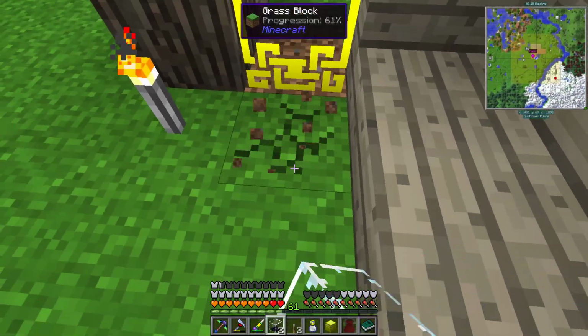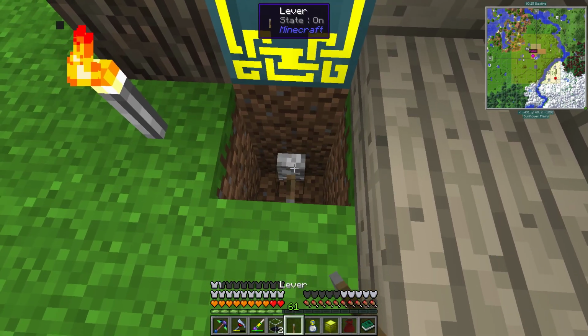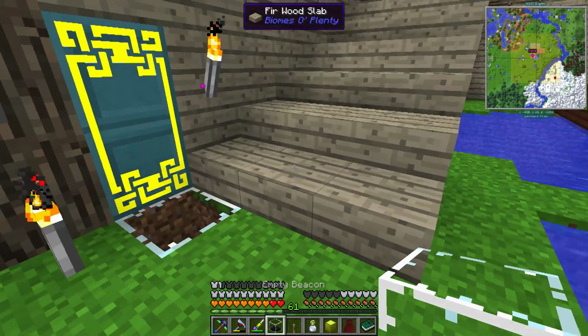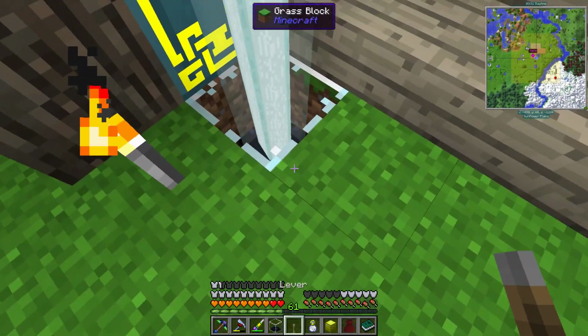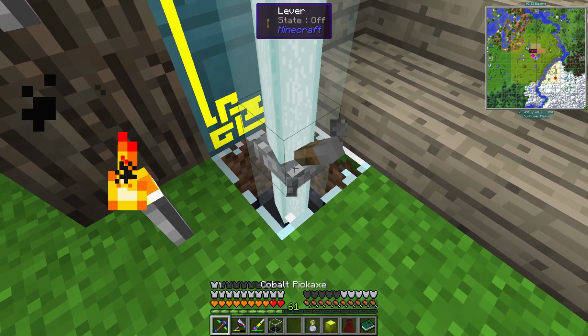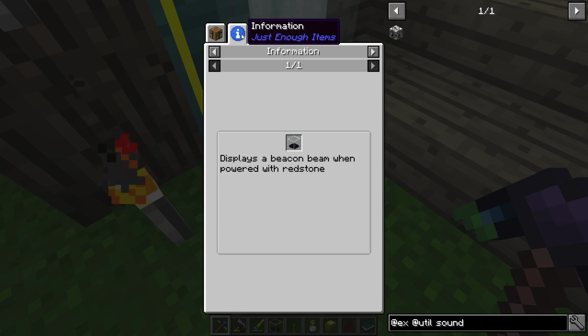So you could probably go like this down here, right? And then put the lever here, turn it on, and then put this here. And it probably will turn on, but it does not look like it is. Oh, there it is. There you go. You might even be able to dye them, to be honest. I think this mod tells you a lot of things, so...